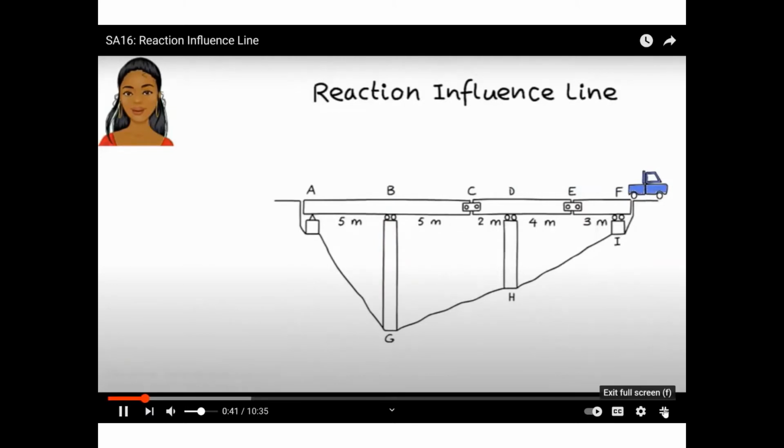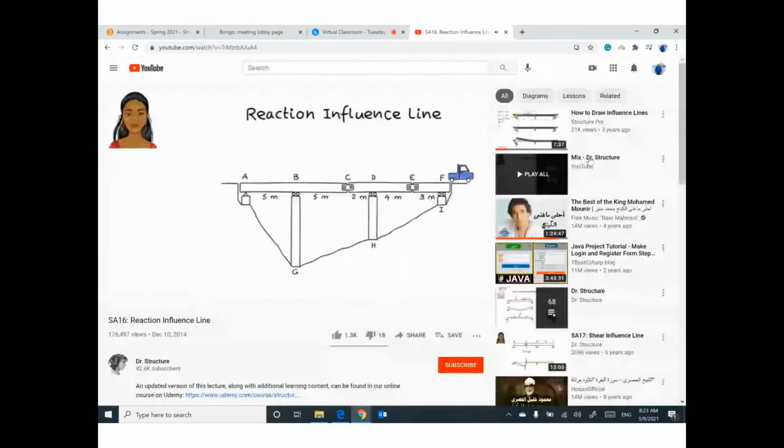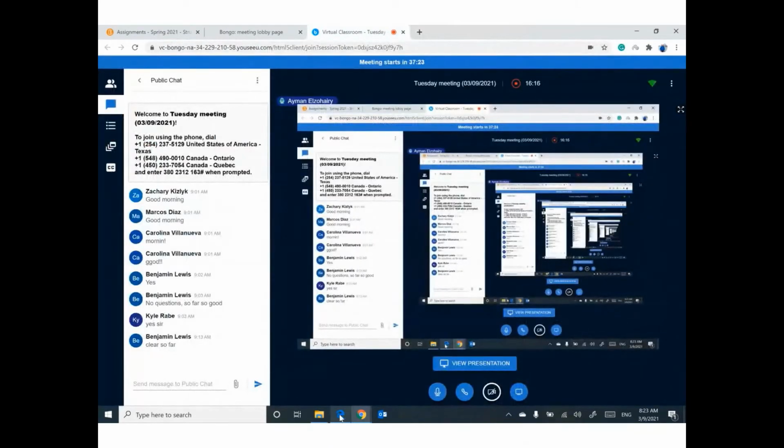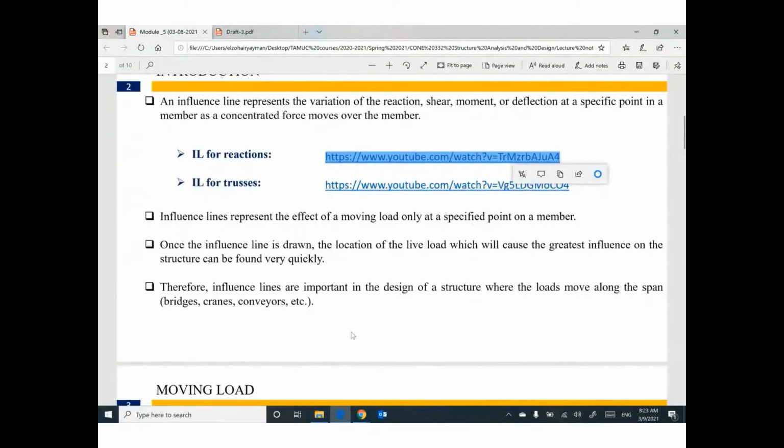An influence line is a diagram. So influence line is a diagram. We need to draw this diagram. Okay? Some information. Influence line represents